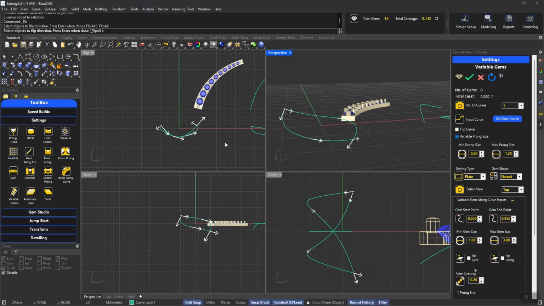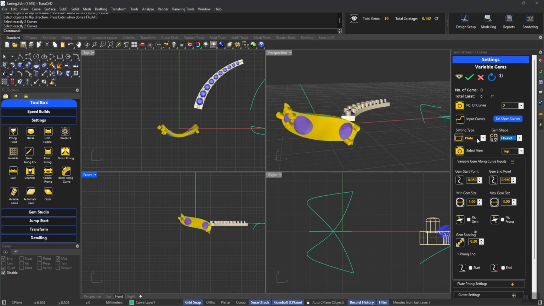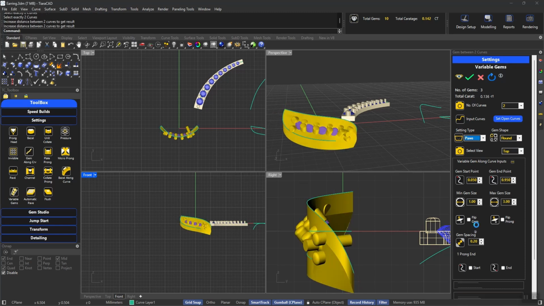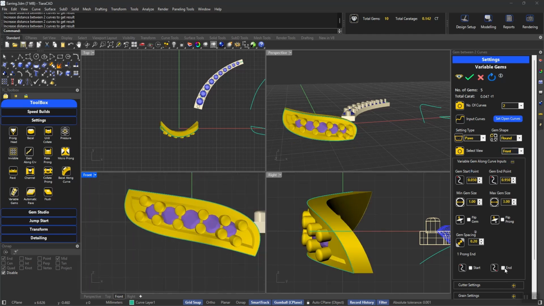I'm saying flip. Now let's try it. Two curves, first curve, second curve. My view is incorrect. That's why. So I have my front view and I'm just